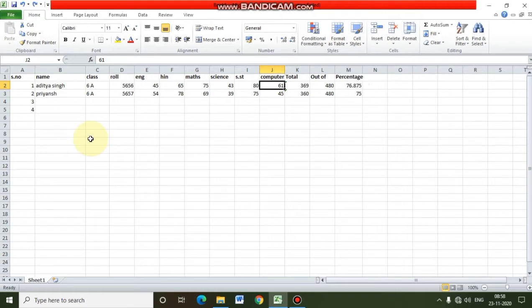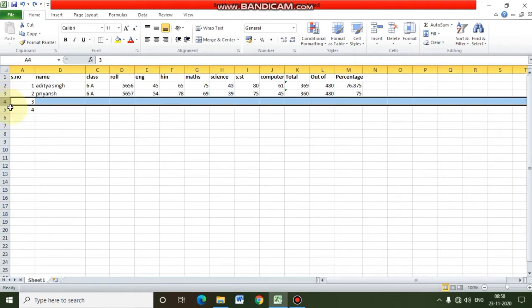Now after that, suppose you want to insert a new row between row number 3 and row number 4. In that case, we will select row number 4 and then we will click on this small arrow under the insert option.